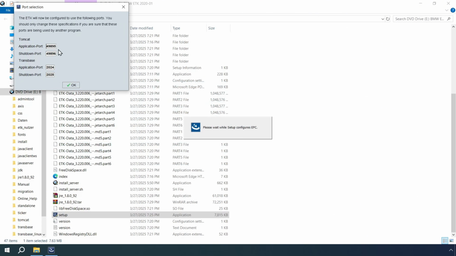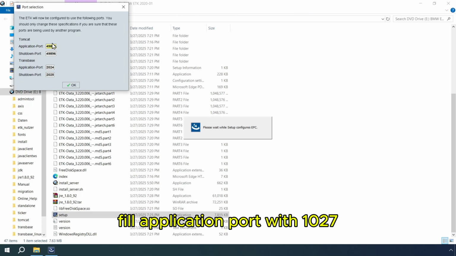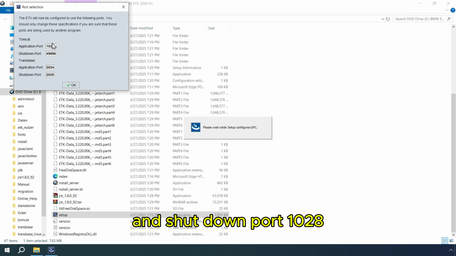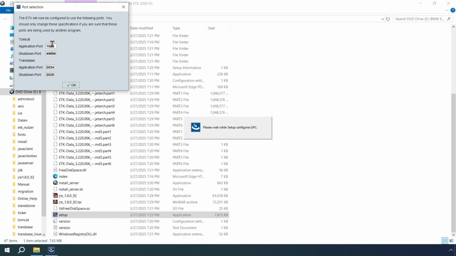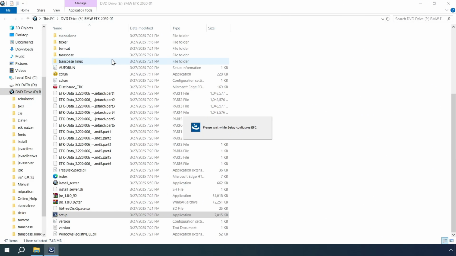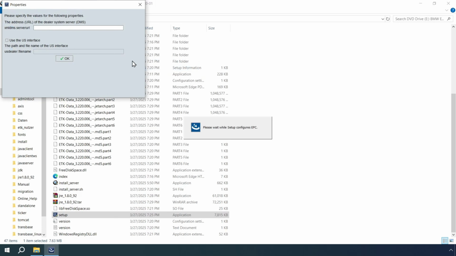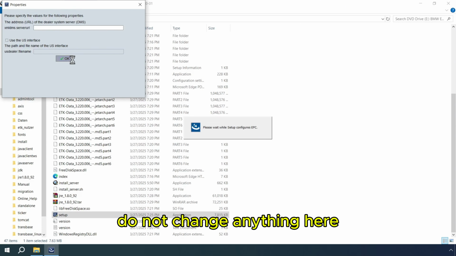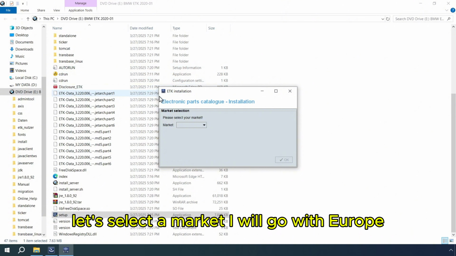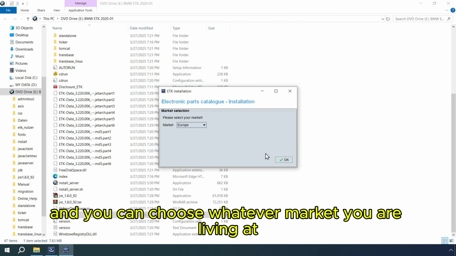Allow access. Fill application port with 1027 and shutdown port 1028. Click OK. Do not change anything here. Let's select a market. I will go with Europe, and you can choose whatever market you are living at, then